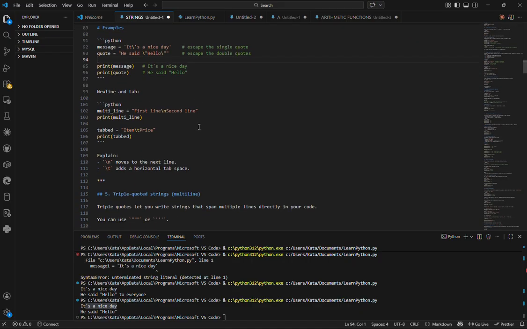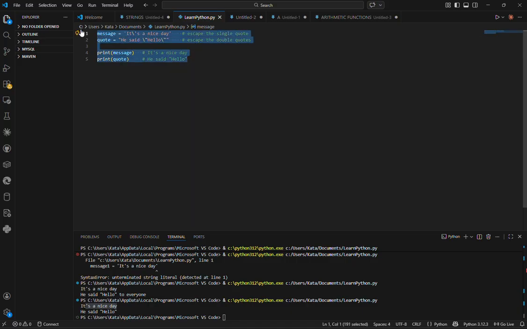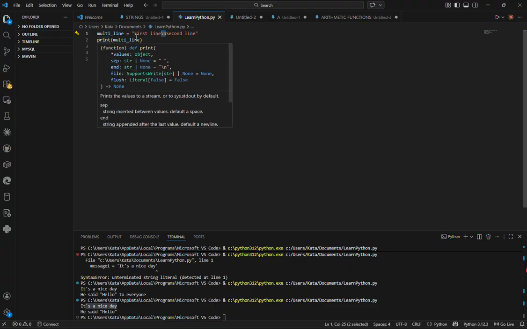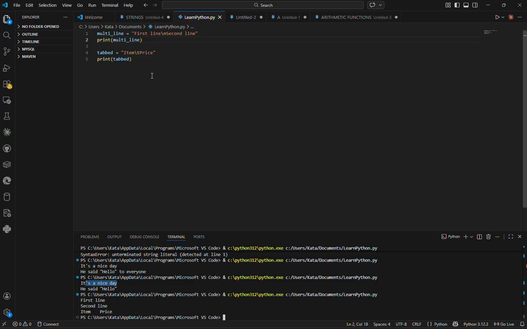Another use case is, as we had said, starting a new line, or essentially creating a tab whenever you're printing your string literals to the console, right? So here we do have multi-line equals first line and then backslash n. So this backslash n is essentially telling Python to print a new line, and we'll see that once we run the code. And yeah, later on saying print multi-line here. Let's go ahead and do that. We can see that